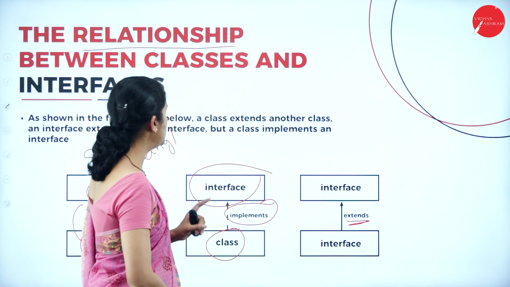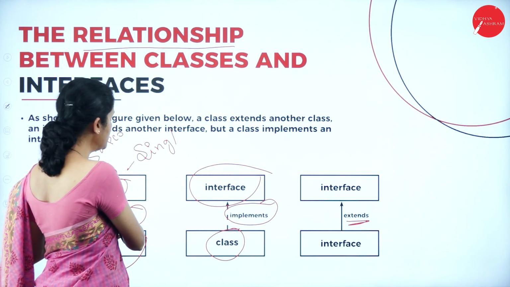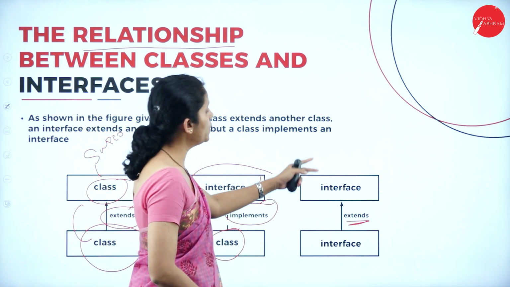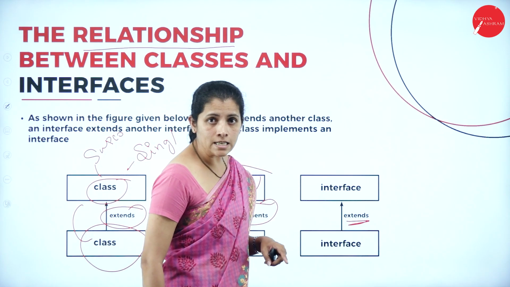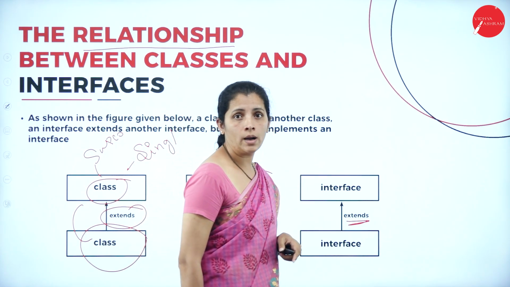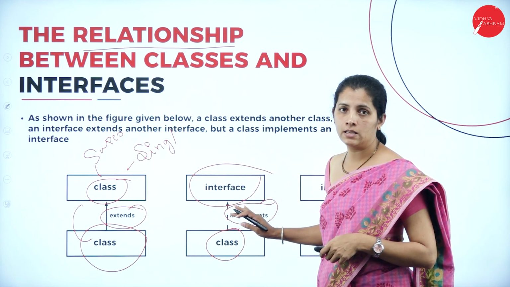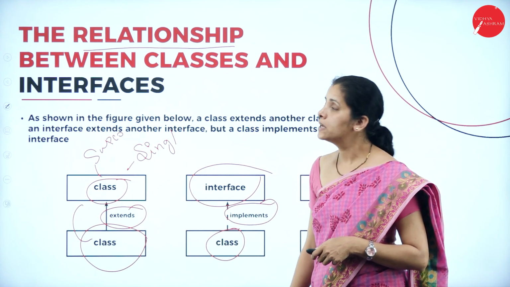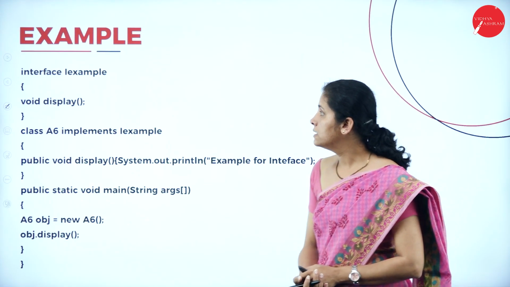So dear student, please remember here, when two classes want to communicate, then it is extends. When two interfaces want to communicate, then it is extends. When one interface and one class want to communicate, then at that time it is implements, and these are the keywords. Now, I'm going to give a simple example, that is,